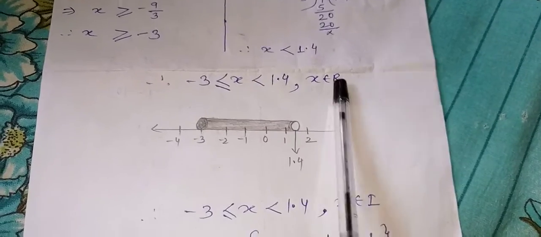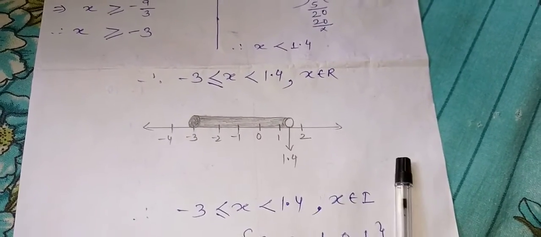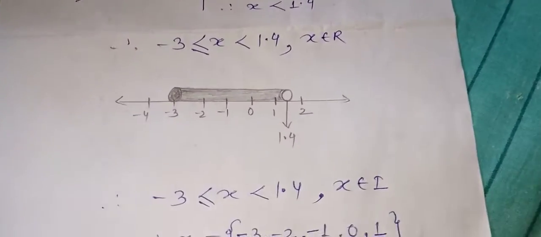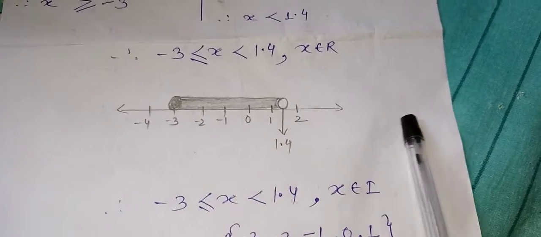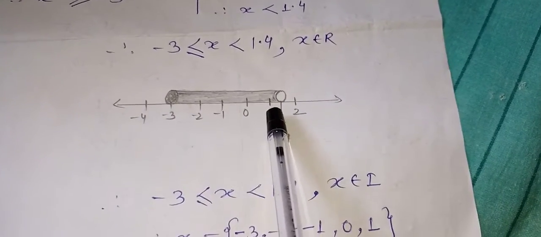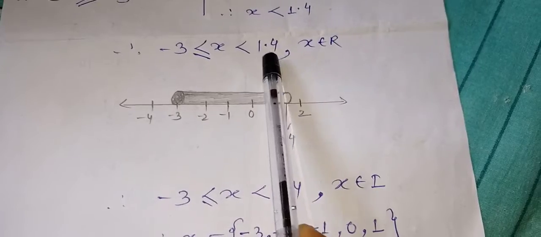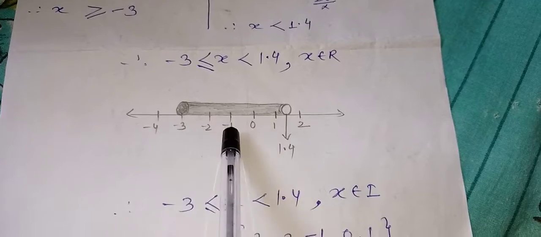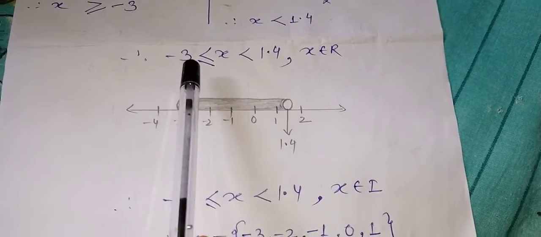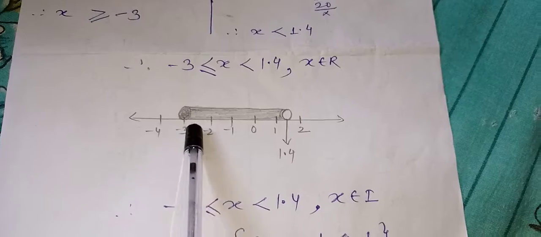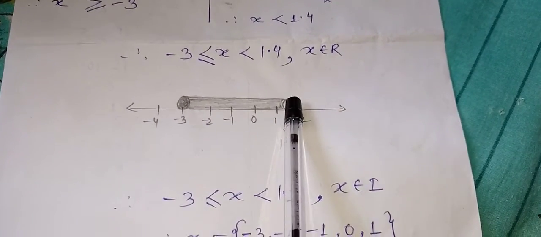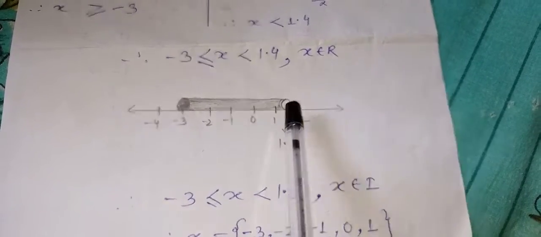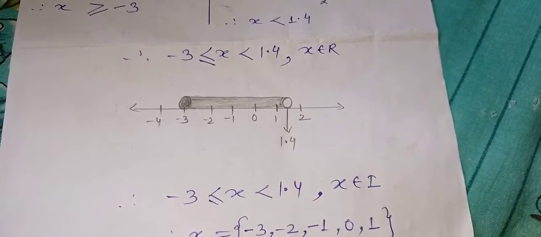And x belongs to R. R means real numbers, and real numbers, I have told you, are every number: decimal numbers, fractions, negative, positive, all numbers are real numbers. So I have drawn a number line. In the middle you can see 0, and I took 1, 2, because the highest value is 1.4 here, so one step extra, 1, 2, and minus 3, so I took minus 4: minus 1, minus 2, minus 3, minus 4. Now I will make a circle on minus 3, and I will make a circle on 1.4. For 1.4 I have to draw an extra line because it was not on the number line, so in an imaginary way I have marked 1.4.